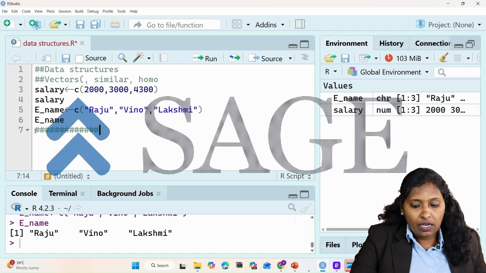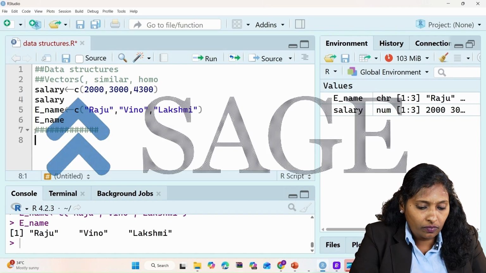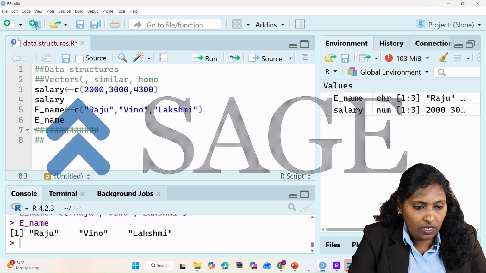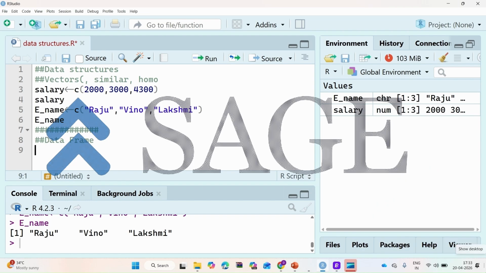And let us go ahead with executing a data frame. The second data structure type, data frame. A data frame is like a business data set, like an Excel table, which are generic data objects of R and is used to store data in a tabular format. Usually these data frames are heterogeneous data because they are two-dimensional, two-dimensional data and heterogeneous data,